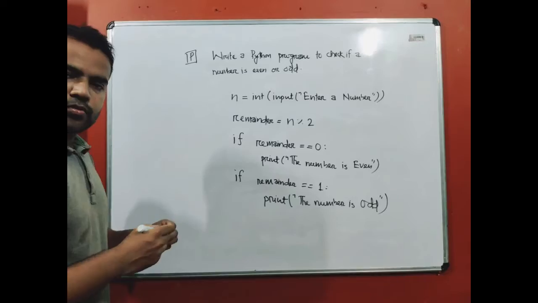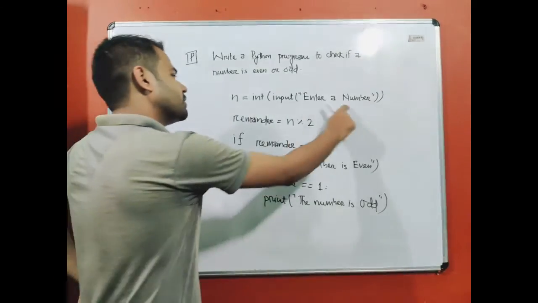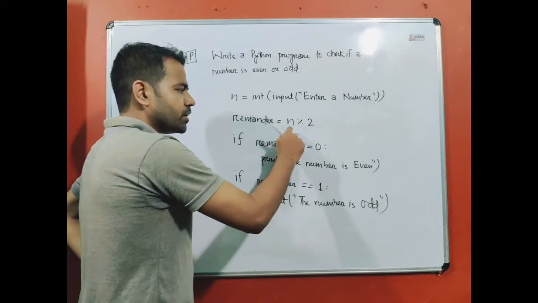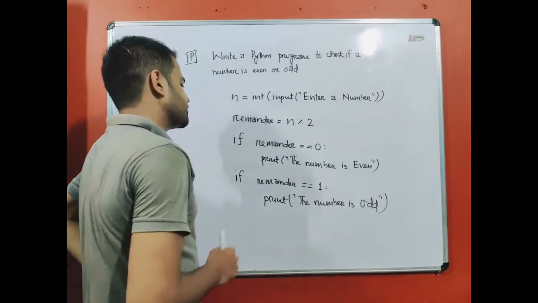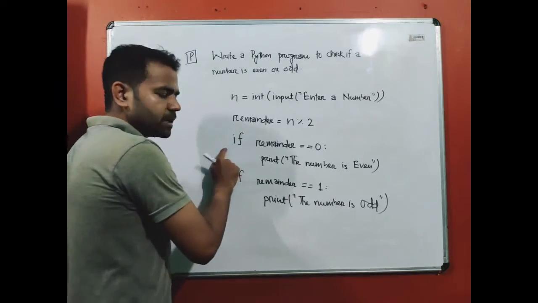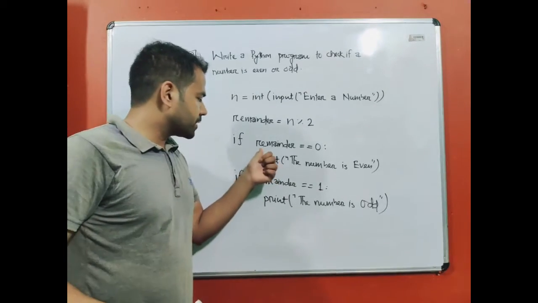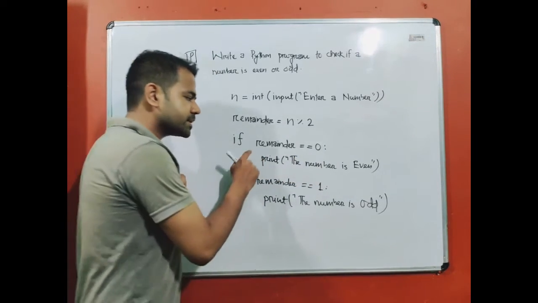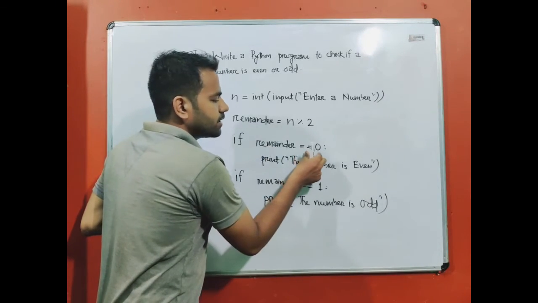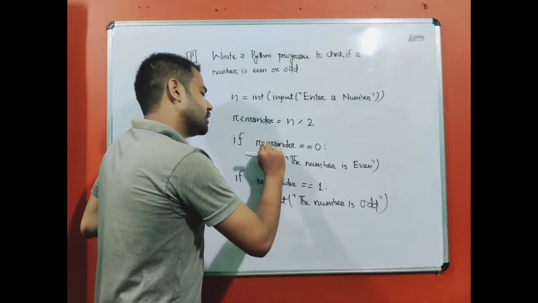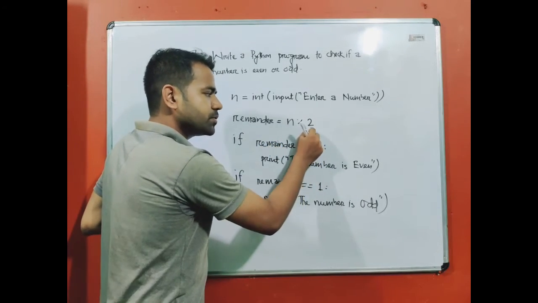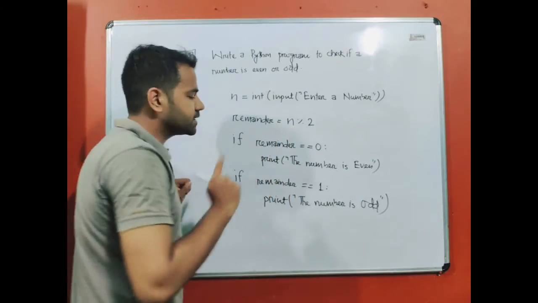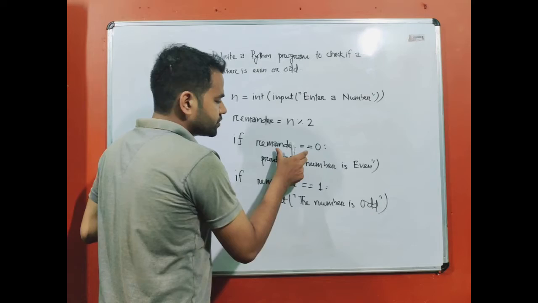Now let's understand this program. The first line is pretty simple, right? Here remainder is going to store the remainder of this division process. Now we have an if statement. If you remember, some time ago I told you that there is a condition associated with an if statement. What is the condition here? It is if remainder is equal to 0. If remainder is equal to 0, this means 2 is a factor of n, right? If 2 is a factor of n, n is even. This is clear.